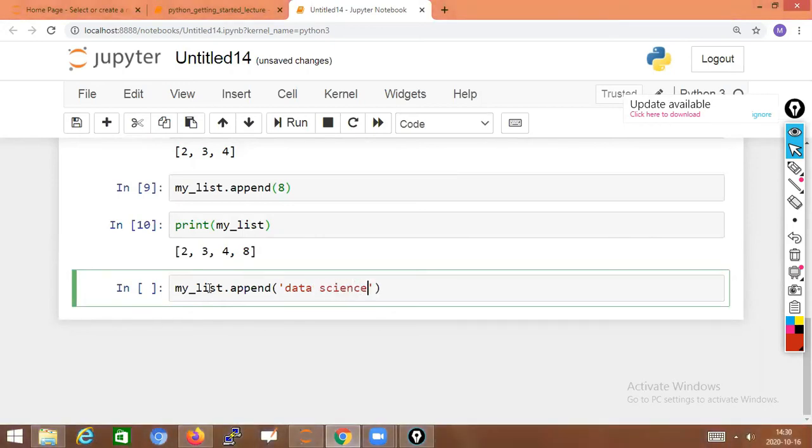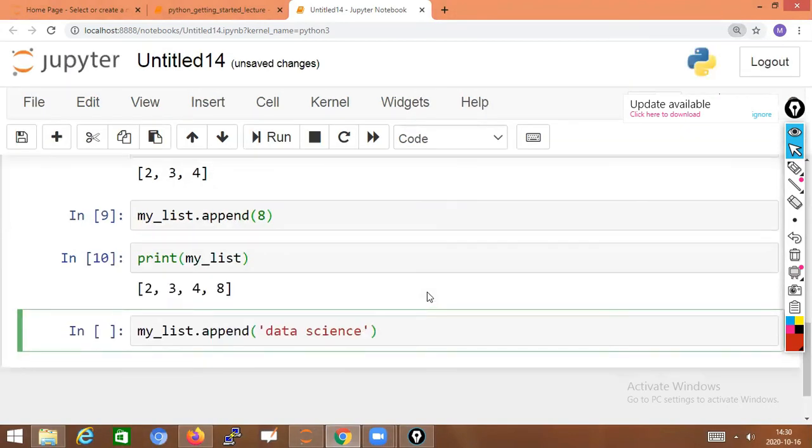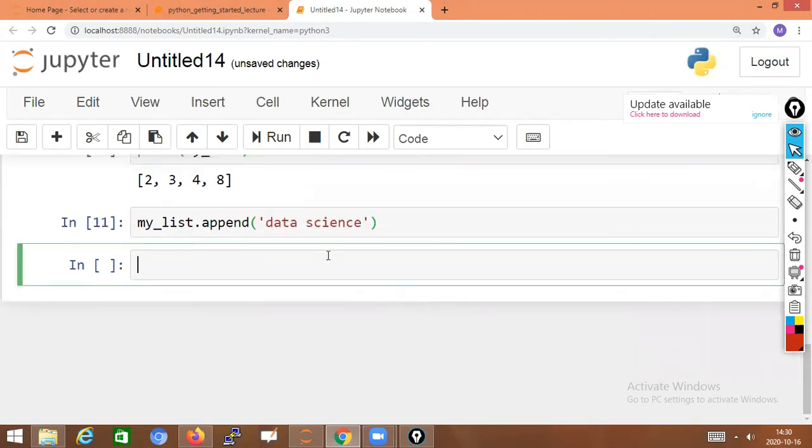Shift+Enter. Now we have added one more to my list, data science. We will check it. Print my list.